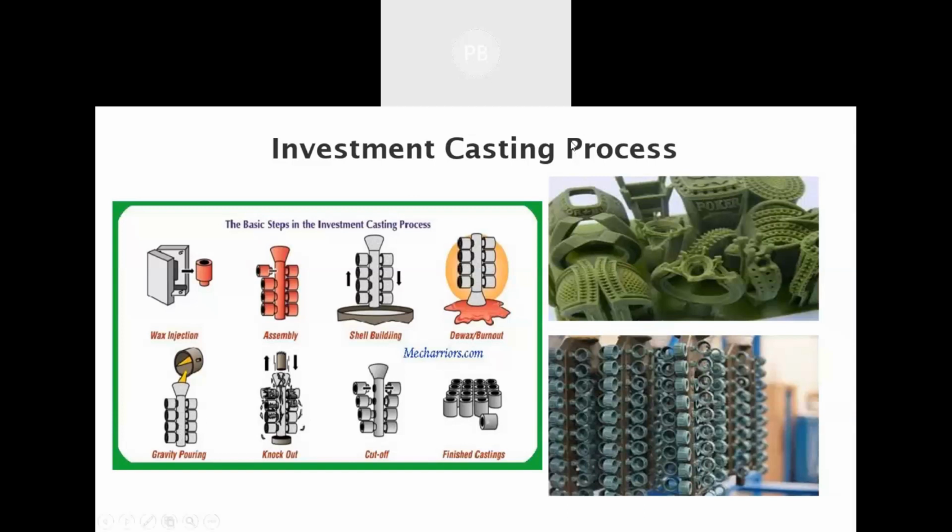But a machine now can do 120 gram of work per day. In the gold industry, 120 gram is a very high amount. So now all the wax patterns are done by machines, and then they are cast again using investment casting with gold, and the karigars only finish the part.